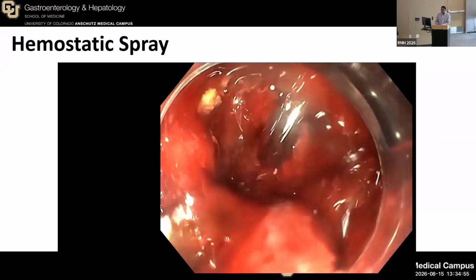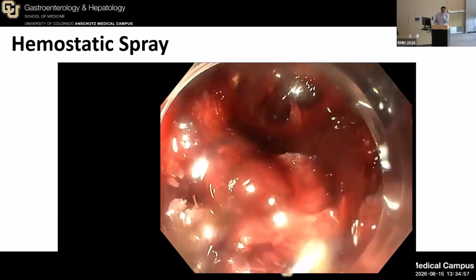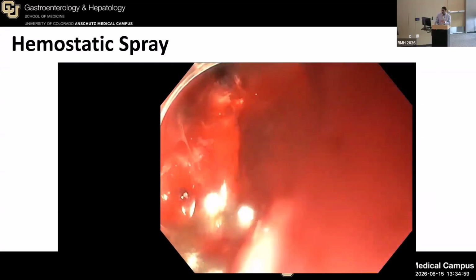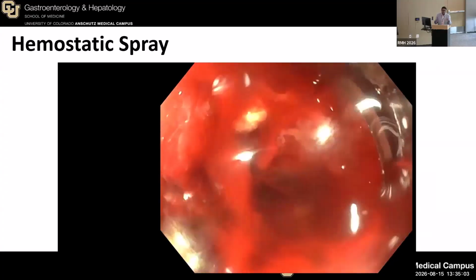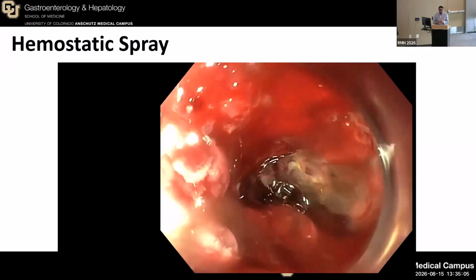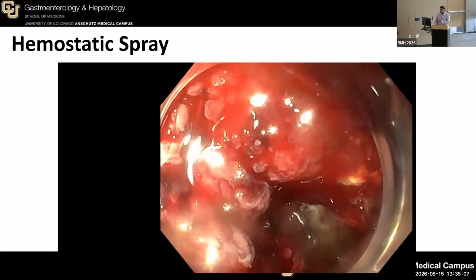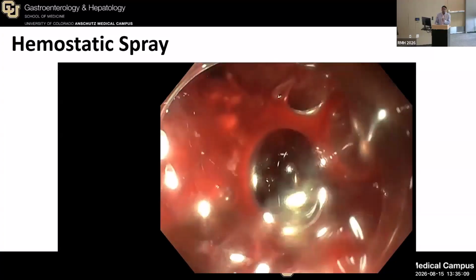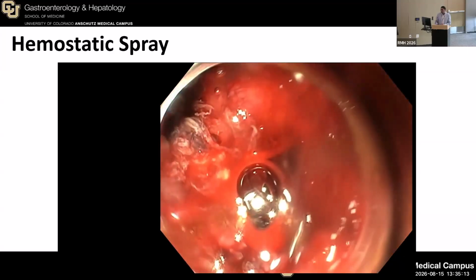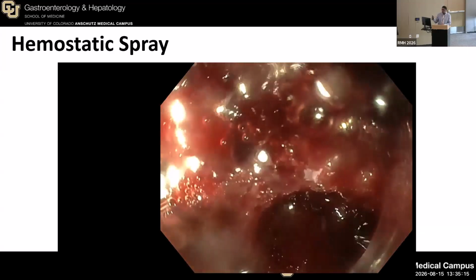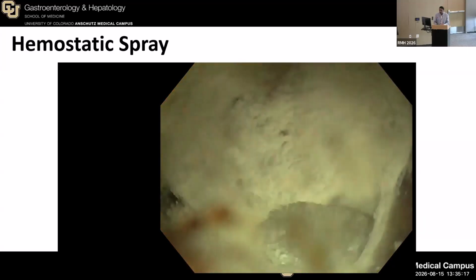So the next is hemostatic sprays. Hemostatic sprays have been around now for 5-6 years and have been an amazing intervention for us. Initially, we thought they only last for a few hours, and so there's no point in using them. But there is data to show that even if you use them as first-line therapy, a lot of patients will not have rebleeding. So hemostatic sprays, here you can see this is a duodenal cancer that's bleeding,